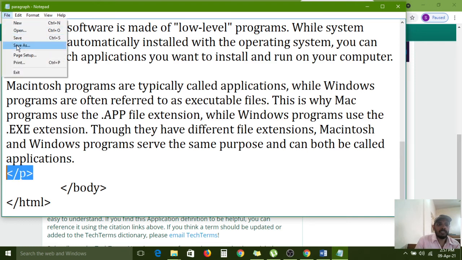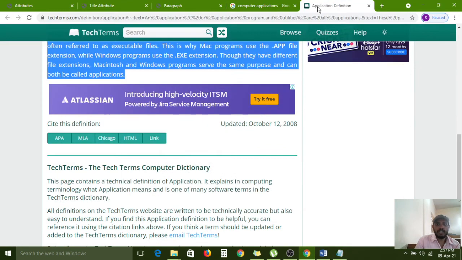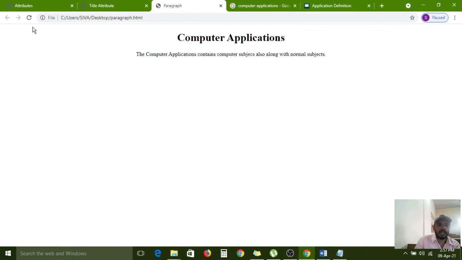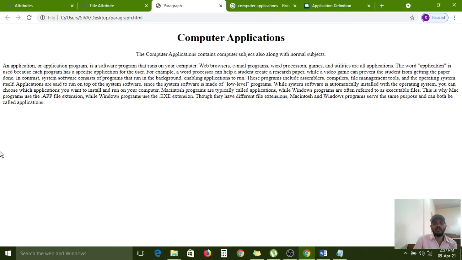Now I am saving this one, and again this page I am refreshing. So all of you carefully observe. So this entire paragraph is the same now. So here now I want to split from here to here. How do I want to split the paragraph? For that, line break is very important now.